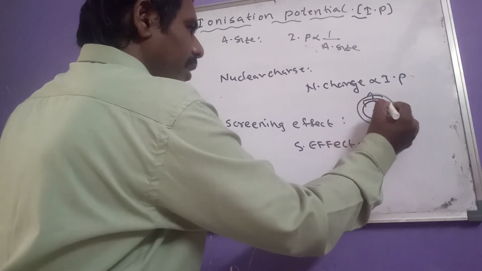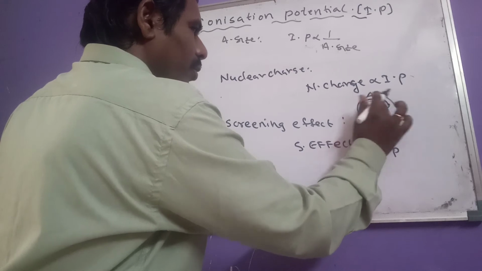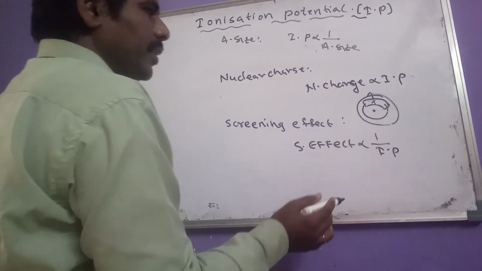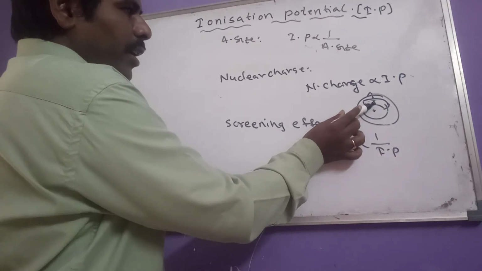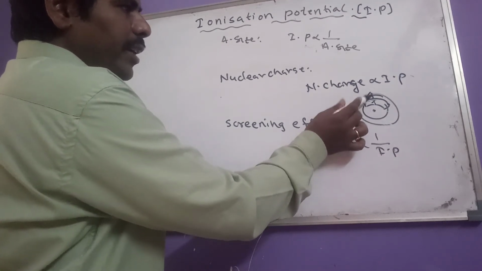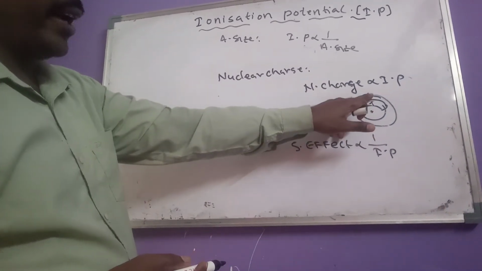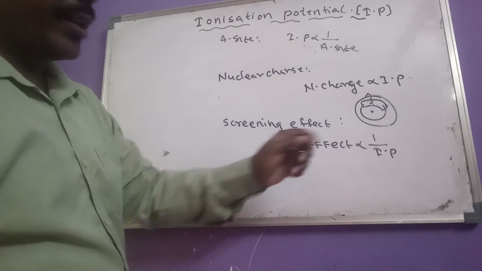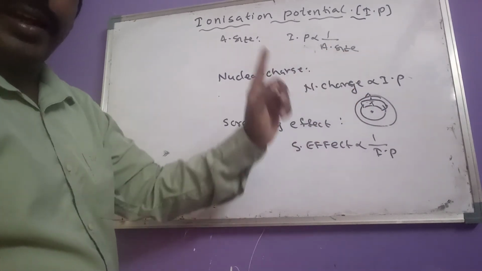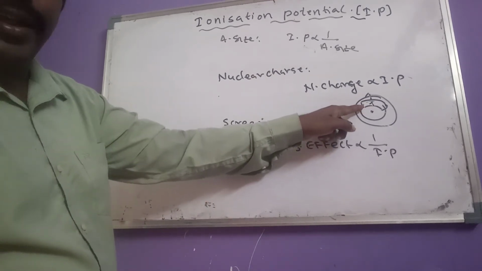Now in between the outermost electron and the nucleus, suppose only one electron is present in the inner orbit. Now this one electron may not screen the nuclear attraction reaching the outer orbit. That means this nucleus attracts this electron strongly. So we have to give more energy to remove the electron this time, because screening effect is very less,